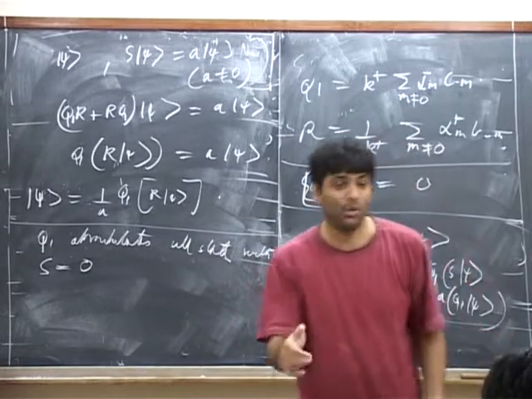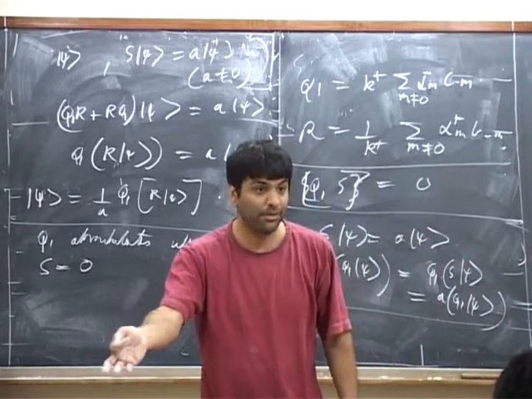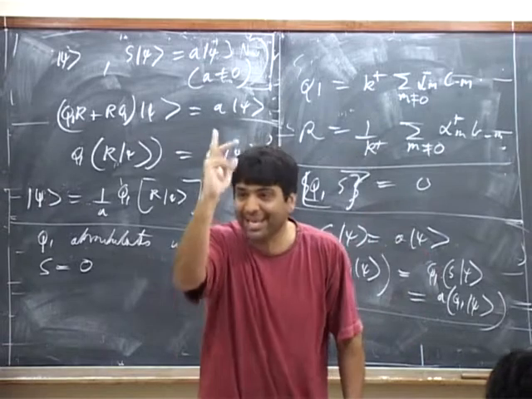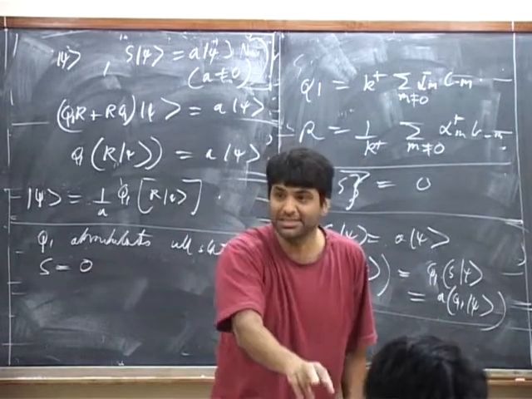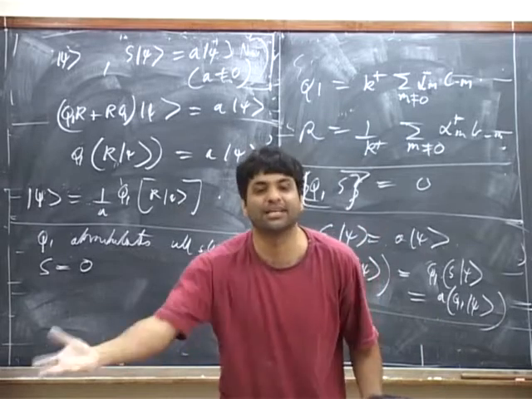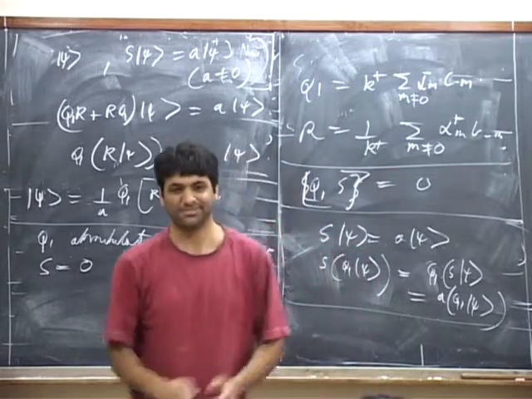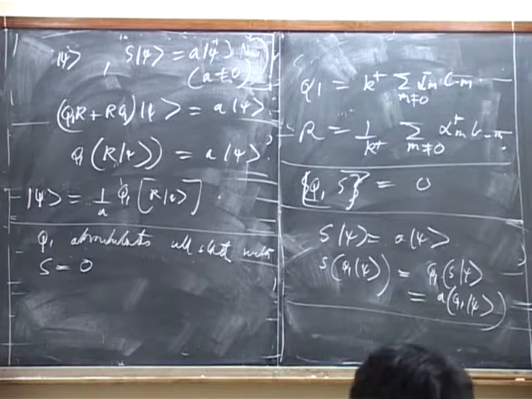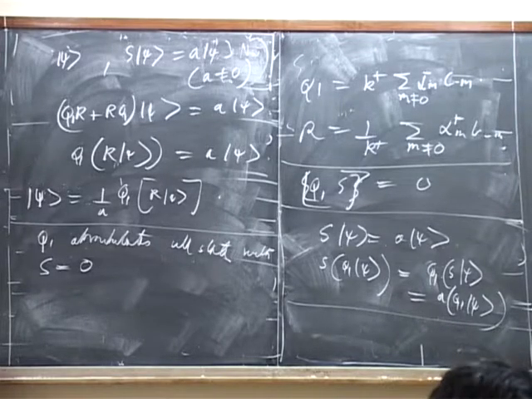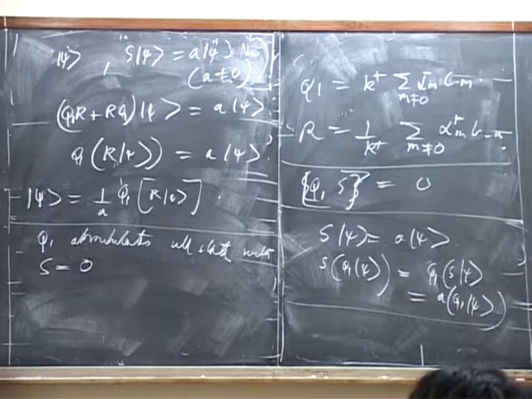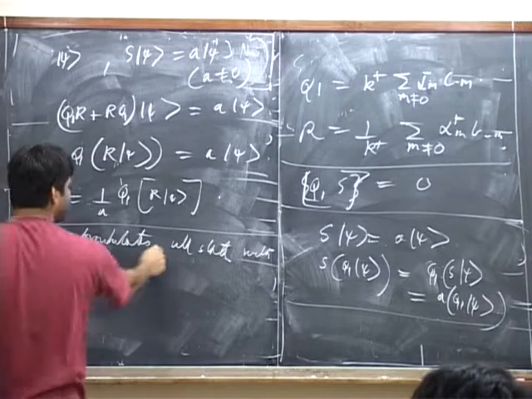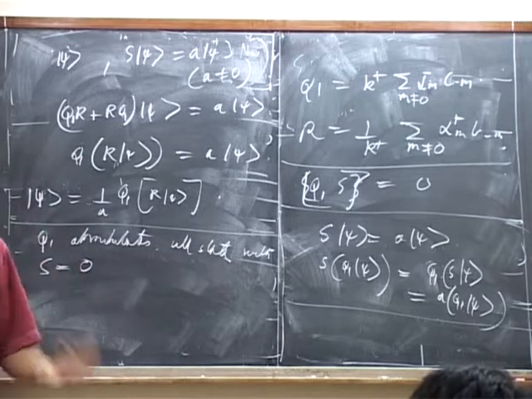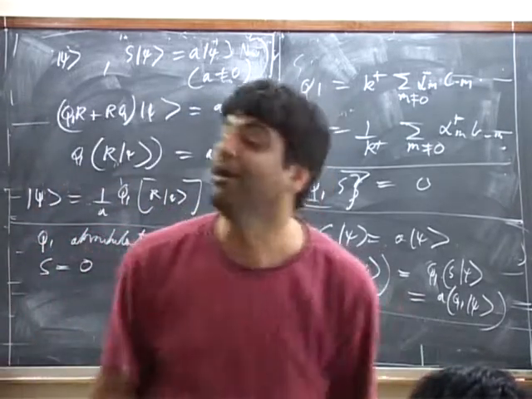Okay? So if we can show that Q1 annihilates all states with S equals 0, we would have in one shot shown two things. A, that all states with S equals 0 are Q1 closed. And B, that there is no exact state with S equals 0. Because had there been an exact state with S equals 0, it would have required Q1 to not annihilate some state with S equals 0. Is this clear? Okay? So, if we can show that Q1 annihilates all states with S equals 0, we're through. Then we have demonstrated that Q1 cohomology is the Lytle cohomology.